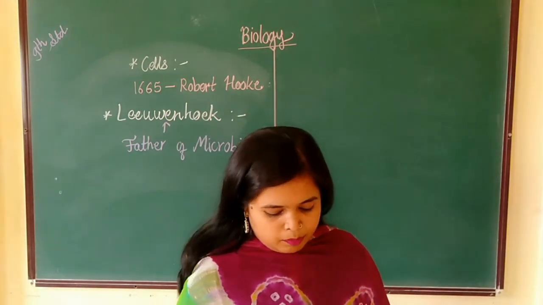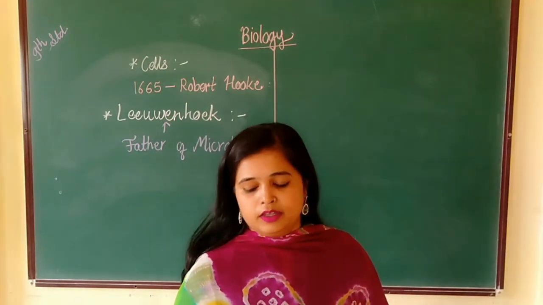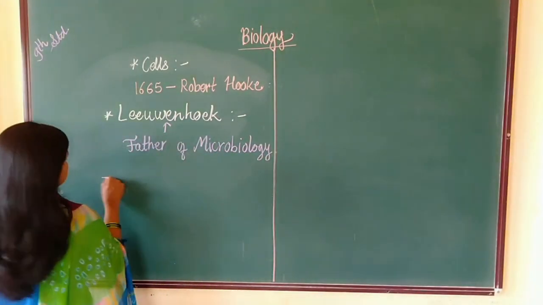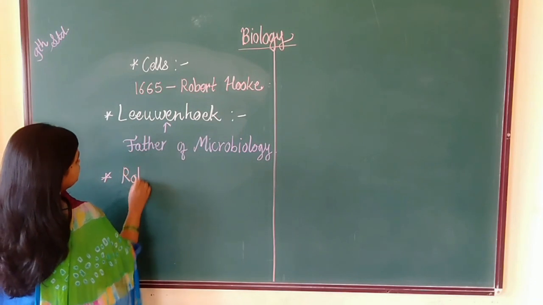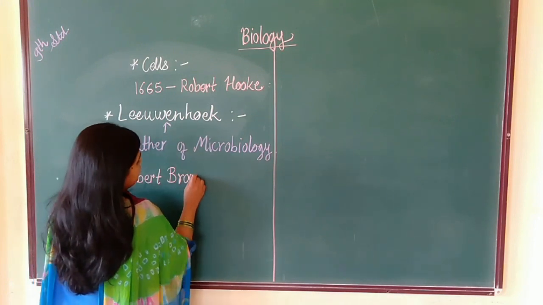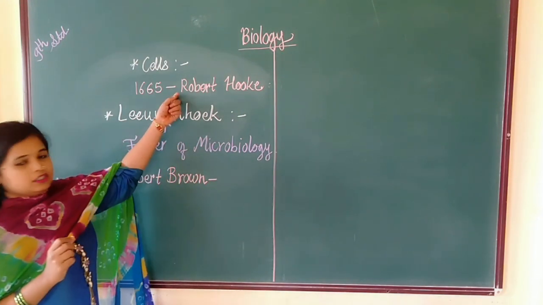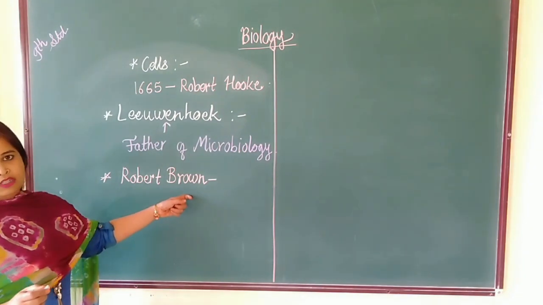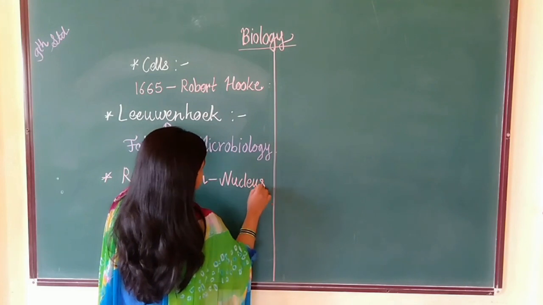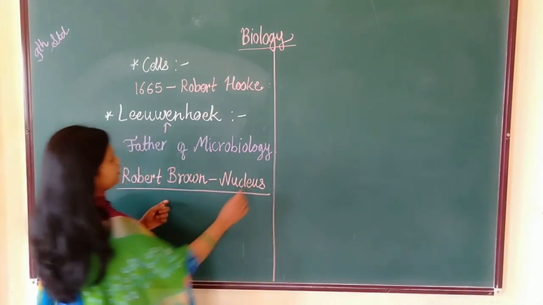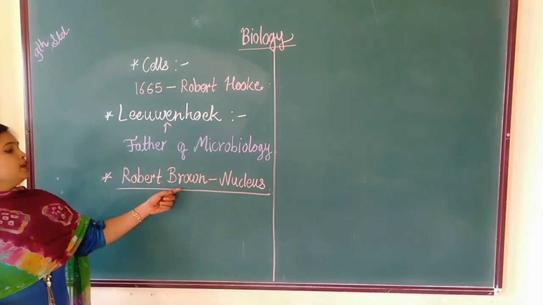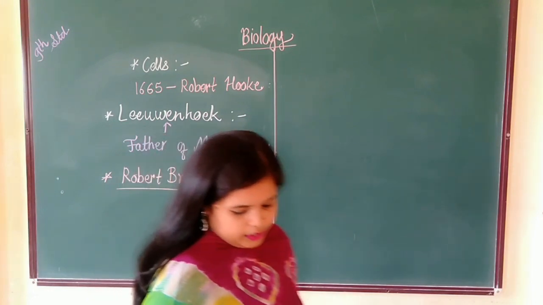Then it was Robert Brown in 1831. He discovered the nucleus in the cell. The next scientist is Robert Brown. He discovered the nucleus. Don't get confused with the names of the scientists. Robert Hooke discovered the cell while Robert Brown discovered the nucleus in the year 1831. These names are very important. The scientist Robert Hooke discovered the cell in 1665 while Robert Brown discovered the nucleus in the year